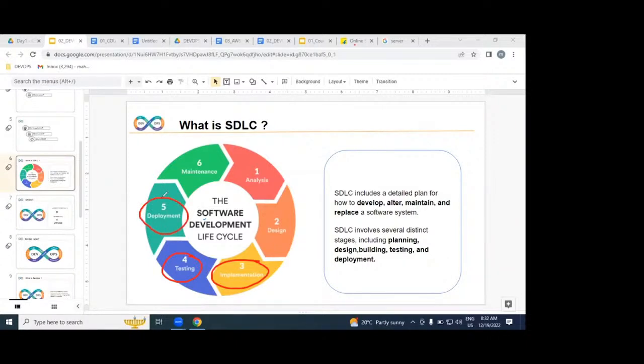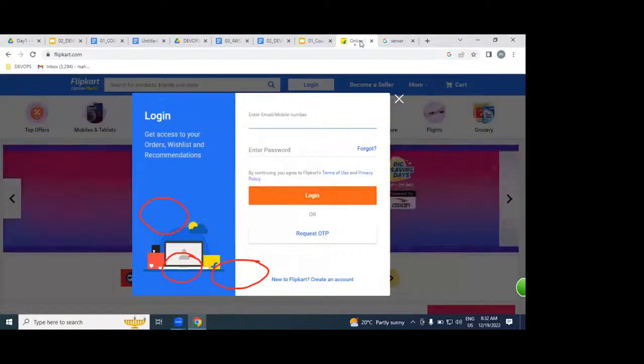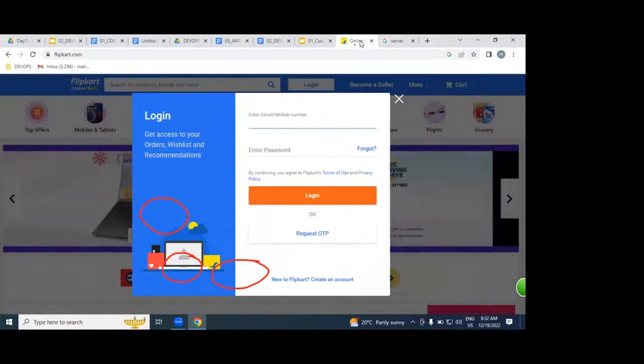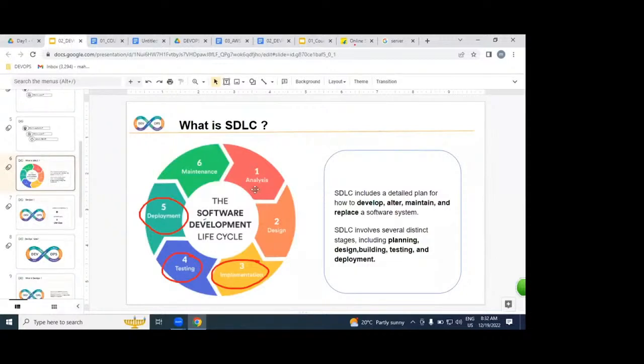Once the application is deployed on hundreds of servers, we can access it over the internet as a website. Then, whether this application is in working condition or not, we are going to monitor and maintain it. This entire process we are calling as what?